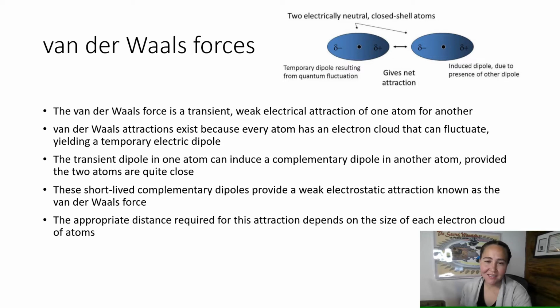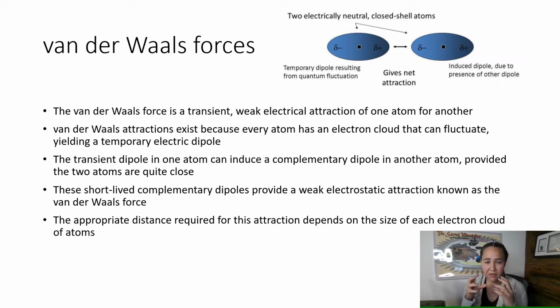Van der Waals forces are transient, weak electrical attractions of one atom to another. Van der Waals attractions exist because every atom has an electron cloud that can fluctuate, yielding a temporary electric dipole, which means that one side will be more positive and another side will be more negative. This transient dipole in one atom can induce a complementary dipole in another atom, provided that they're really close, which is what happens when R groups get close to each other in a protein, when the protein starts to fold in on itself. These are short-lived complementary dipole